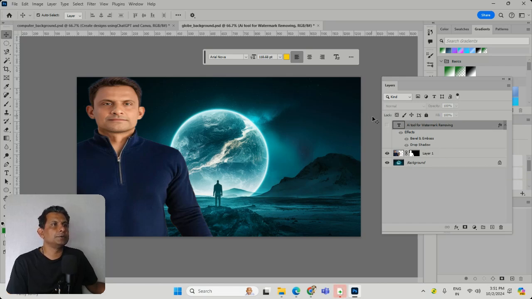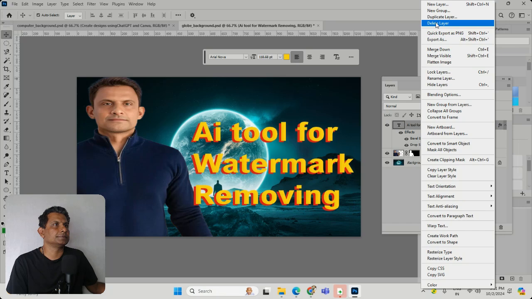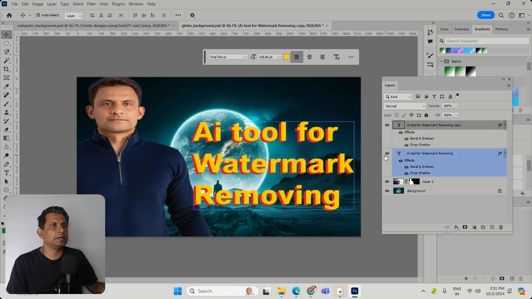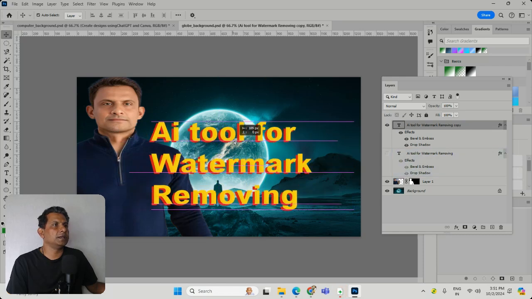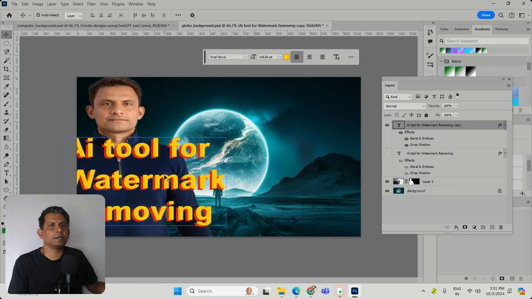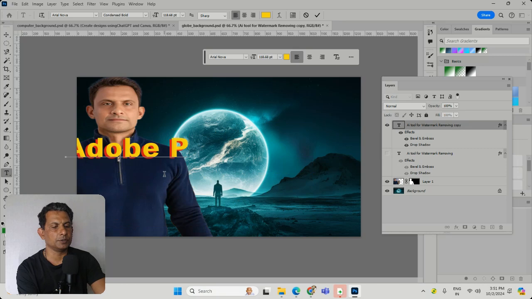So what I'm going to do here, I'm going to edit this. There are several ways you can edit this without harming it. First, we can duplicate a layer. So the layer is duplicated. Then you can hide this layer. Then only one layer is visible. This layer is hidden. So I'm hiding it and coming here. I'm putting in Adobe Photoshop